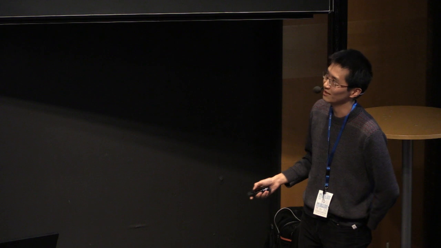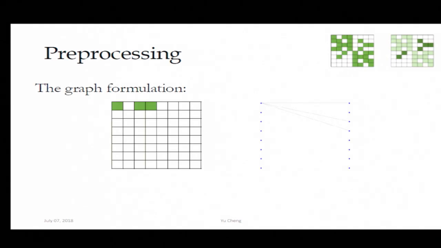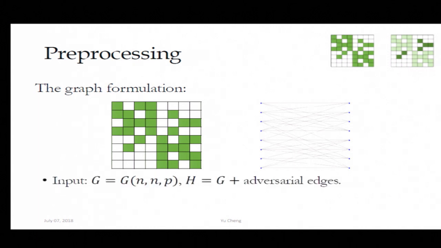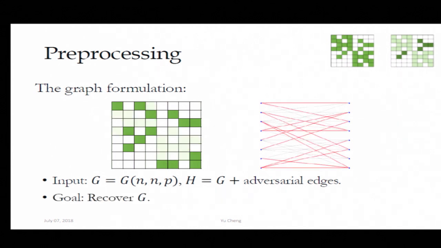Right. So let's convert this matrix weight problem to a graph problem. I will draw a bipartite graph between the rows and columns of the matrix. And this is the graph that I get from the input. So what is this input? This input is basically a random bipartite graph, or Gaussian random bipartite graph, plus some additional edges. What do I want to achieve on this graph? What I really want is to recover the graph revealed by nature, right? Because if I can do that, then because it's a random graph, I can run gradient descent.